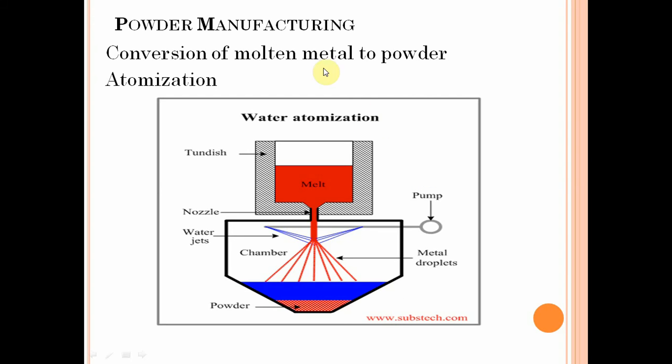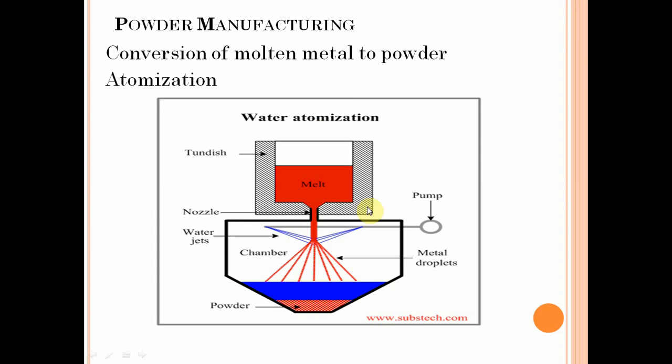Next we see the powder manufacturing technique. This is the conversion of molten metal to powder, which is most important here. For the powder metallurgy process, we require fine particles that we call powder. Initially, the metal is in a molten state. This conversion of molten metal into fine particles can be done by a process that we call atomization. If we see the basic principle by observing this figure, that we call water